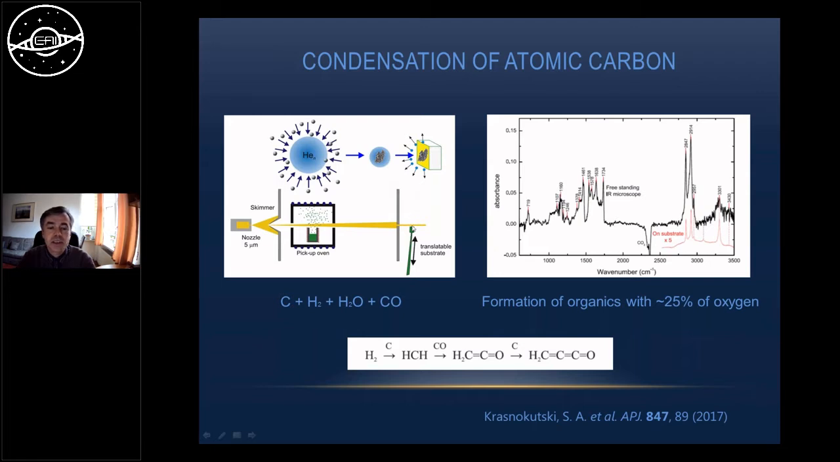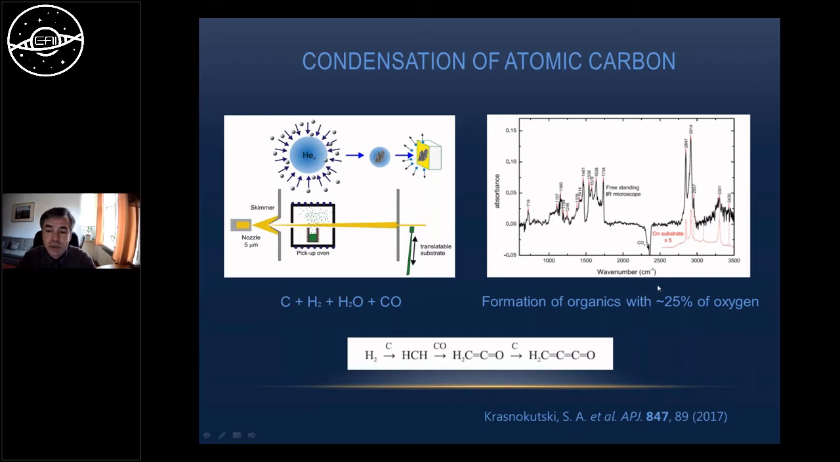And then we insert the substrate into the path of the helium droplet beam, and all refractory material should stay on the substrate, and we could analyze it. But to our surprise, instead of the formation of amorphous carbon or diamond, as we at that time also expected, we saw the formation of refractory organic material, which is evidenced by this infrared spectrum. And it also contains quite a high fraction of oxygen, which is about 25% by its mass,